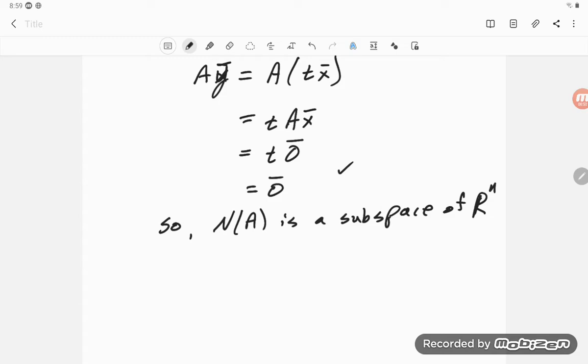Okay, so now the N, I never mentioned it up here, I guess, but A would be M by N. Okay, so null space, that's one down, and then